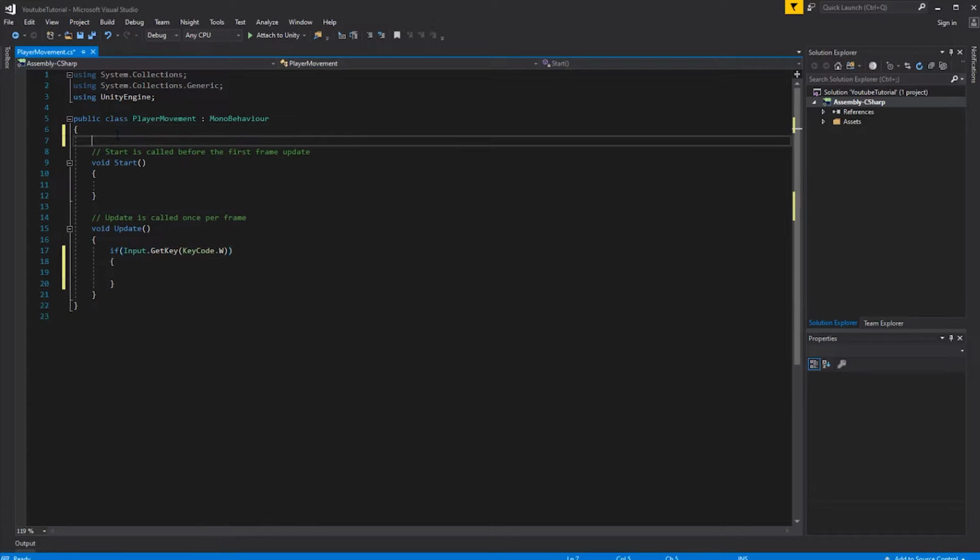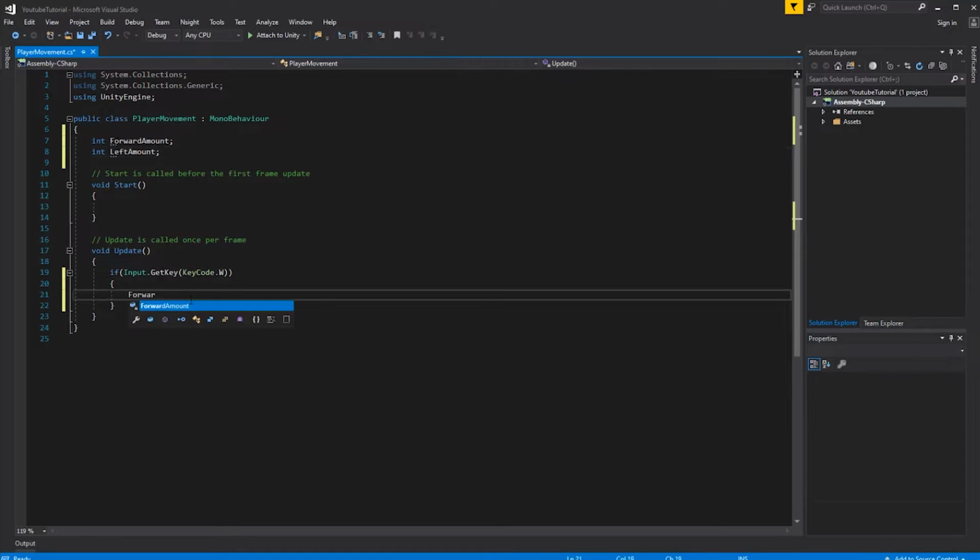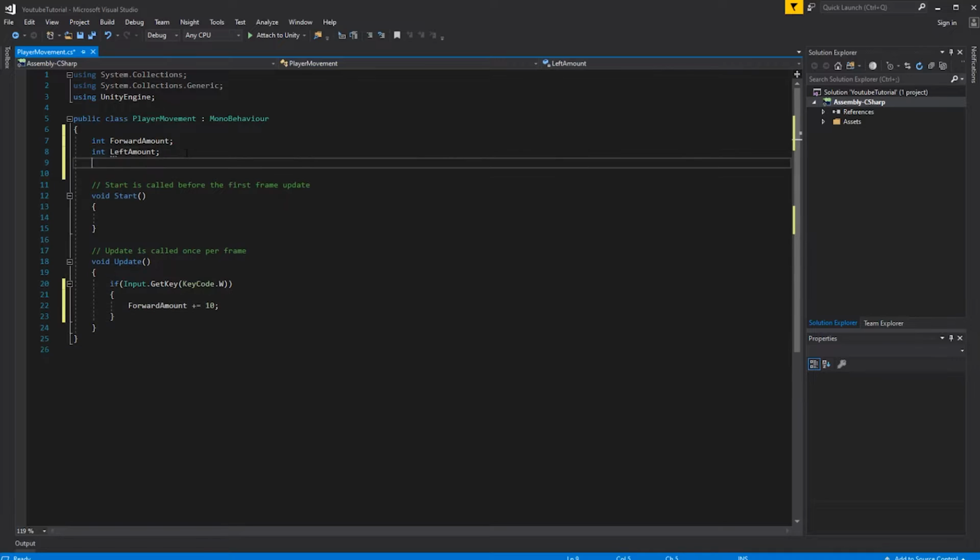Now let's add some variables. We will need a variable that will be the max amount because we don't want to go too fast.